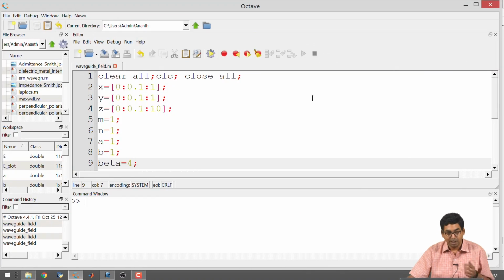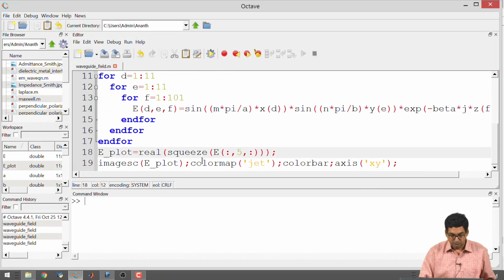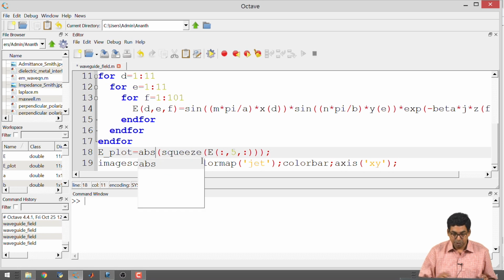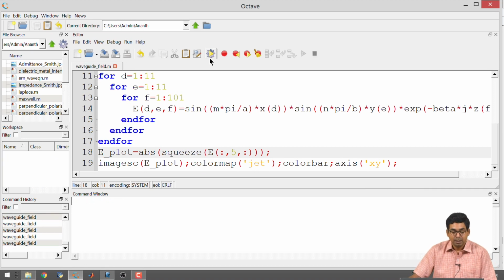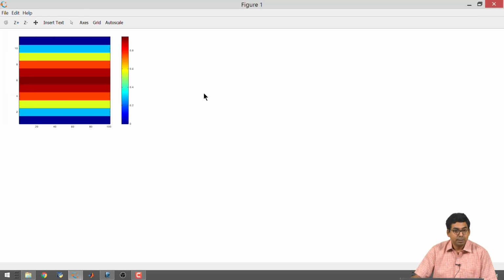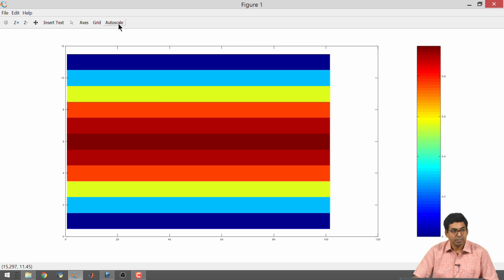Now, I had taken the real part, right. We can always, when we are not aware of this, we usually take absolute, that is magnitude, right. If you were to look at the magnitude of the electric field and if you were to plot it, it would look like this, all right. One of the things that we notice here is with the magnitude, all right, I am not able to figure out what is happening along this axis, all right. I cannot see that beta parameter influencing in the longitudinal direction.